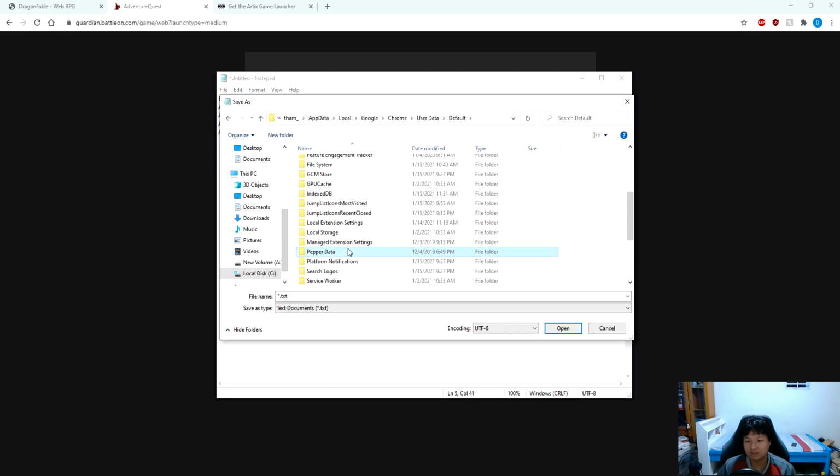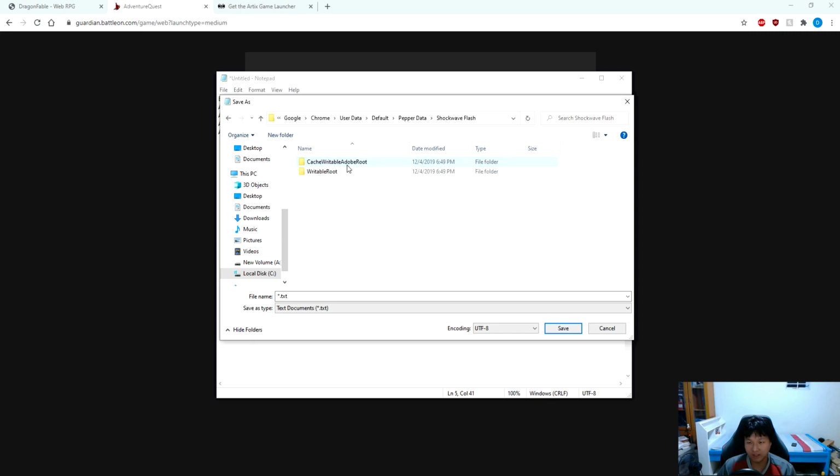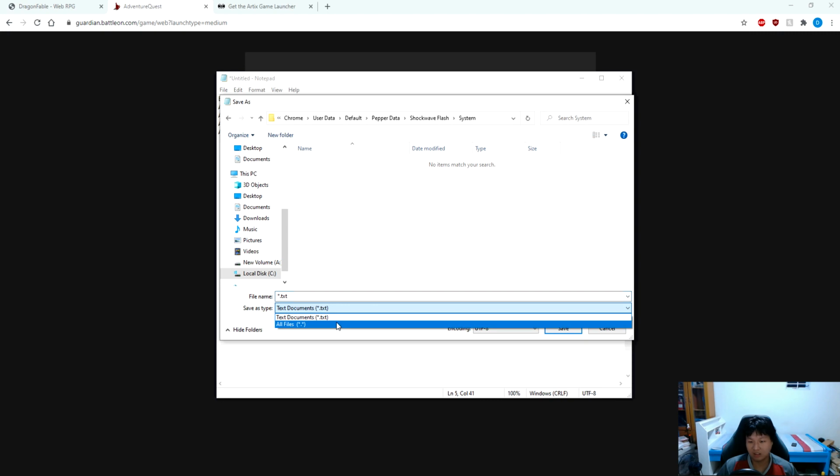After Default is Pepper Data, Shockwave Flash, and you'll come here. Some people may have a System folder right here, some people may not. When I first started this, I did not have the System folder. So if you don't have the System folder, you want to create it. I'm going to right click, click on New Folder, and then rename the folder as System. Once you create this folder, you want to go inside the folder, save this as All Files,